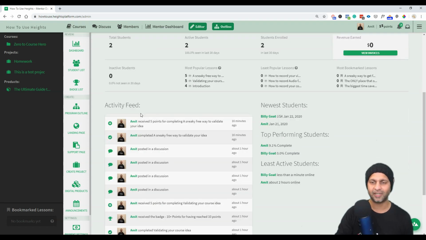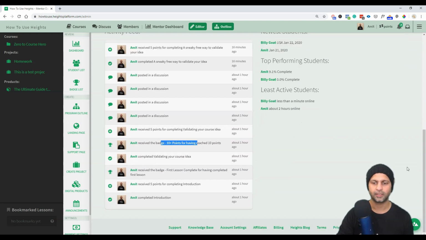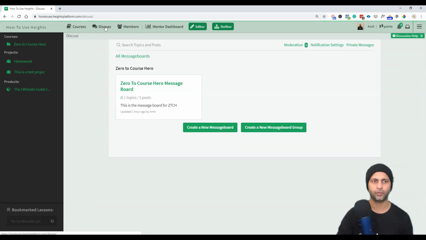There's also an activity feed here, and this activity feed is all the things that have happened recently in your school. So this person received 5 points for completing this, received 10 points, etc., etc. And then at the bottom you have their links, and I don't know if the student will see these links. Let's find out. Discuss is where you will have your discussion forums, so you can create a new message board